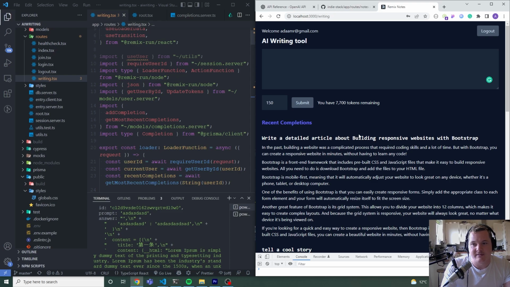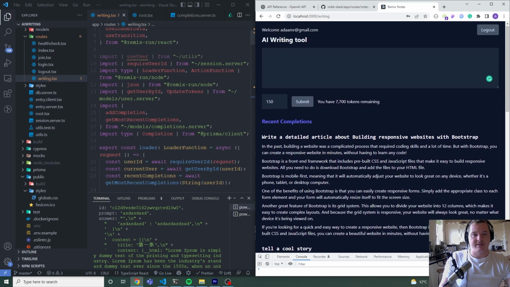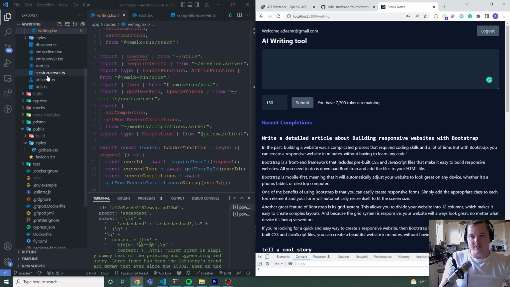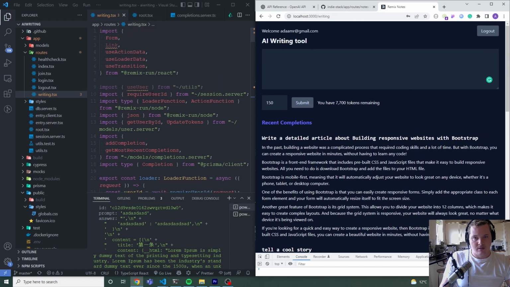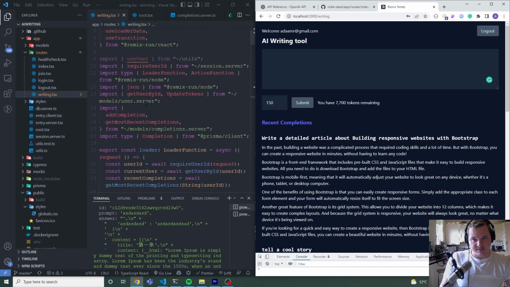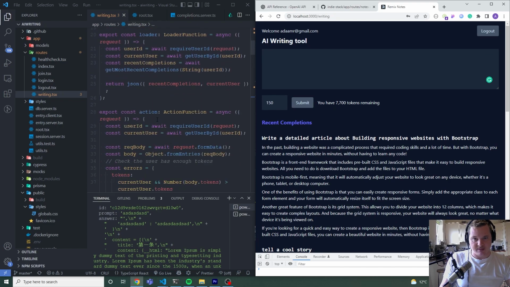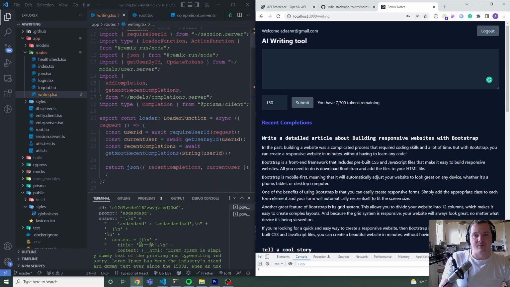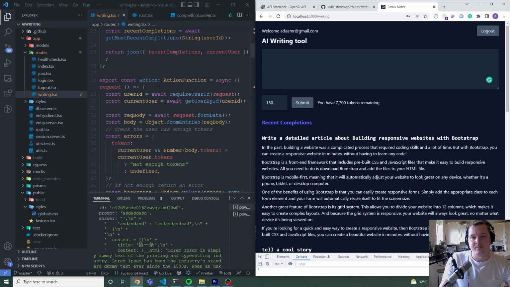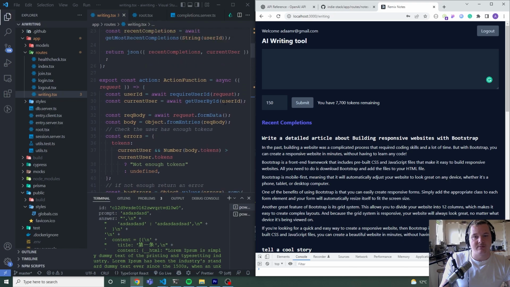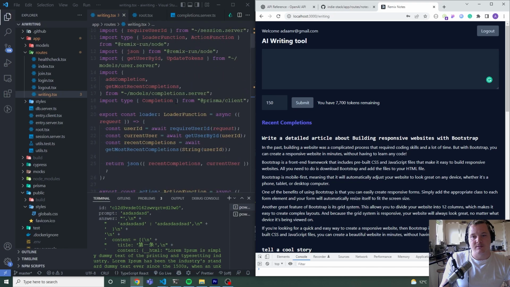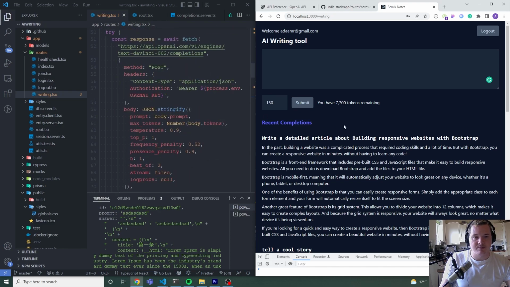First thing is testing. We could go and test everything here. We could integrate mocking for the API response so that we can develop on it locally and of course test it that way. We can definitely do more TypeScript stuff. There's some stuff that isn't type safe in here where I've just skipped it to save time. We can definitely handle errors in a better way on the front end. We're only really handling if a user doesn't have enough tokens right now, but returning different errors from our action function and displaying them on the front end